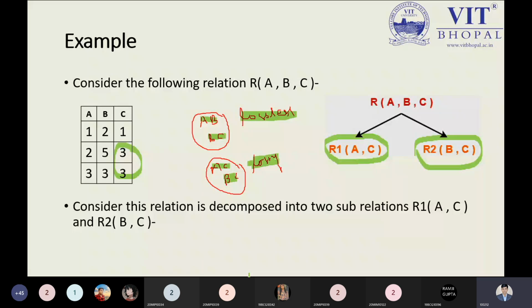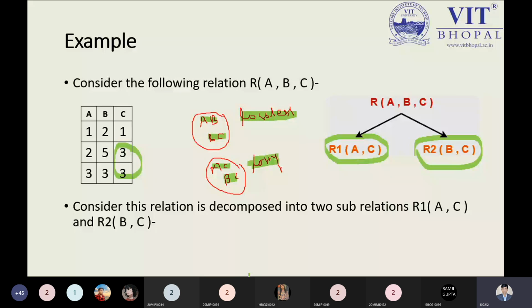Okay, so the fundamental part is clear: what is meant by lossless and what is meant by lossy decomposition. Yes, sir, so that was my point. If you have the student relation, as we have seen a few minutes ago, we have to choose the appropriate columns or attributes. But each and every attribute contains duplicacy. So after decomposition, if we try to compose, definitely lossy decomposition will be there. The number of tuples will be increased, and that was a big problem. We have the student relation, but that was not a good relation.